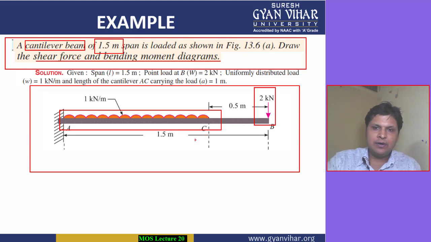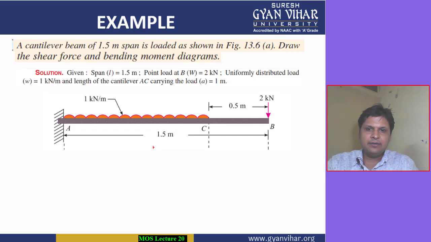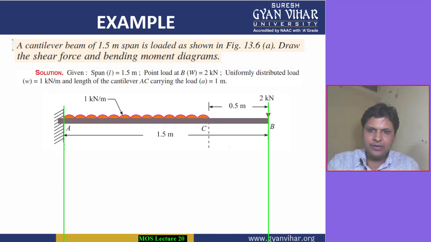So you will have to first of all take a section, and then frame an equation for shear force as well as bending moment. So let's directly try to make the shear force and bending moment diagram. First of all, drop the vertical lines from the important points, this B, A, this C. Between A to C also there should be a line, but right now we don't know where we will have to draw that line, because we are going to get the maximum value of bending moment between A to C.